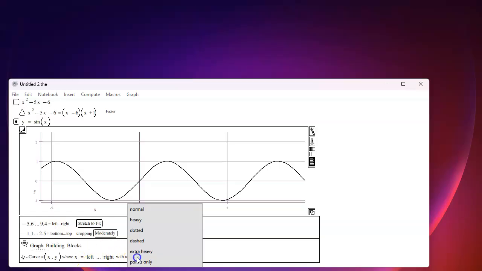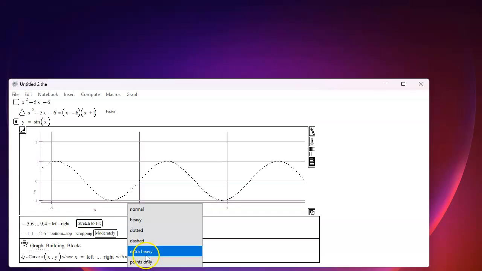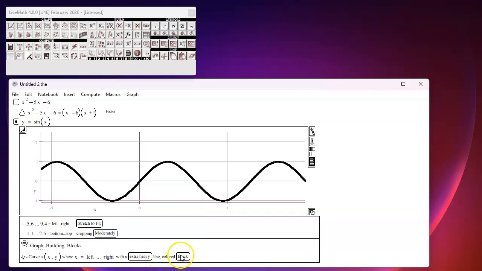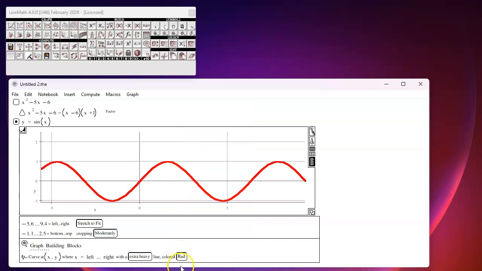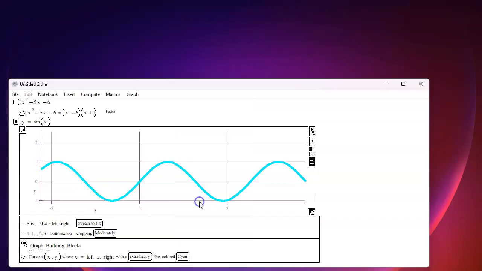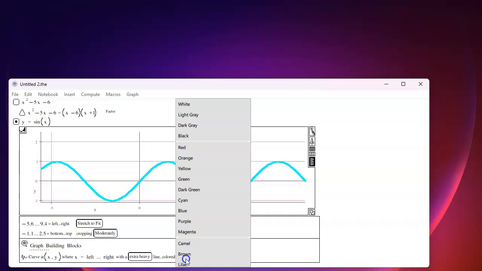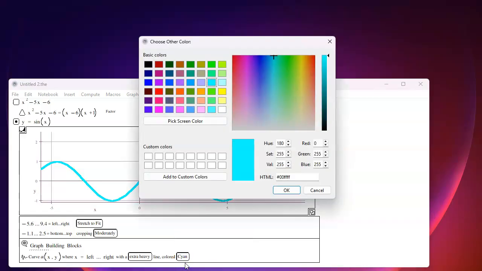I have options here. I could do a normal line. I could do a dotted line. I could do an extra heavy line. I can change the color if I want. Let's go with red. No, some people can't really see red. I don't know. There's all sorts of different things you can do. I can pick all sorts of colors here